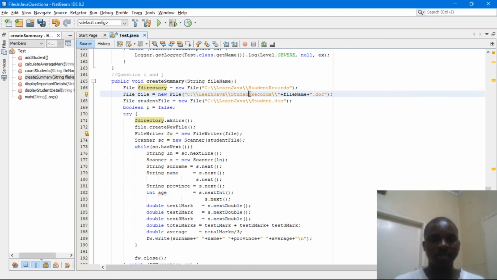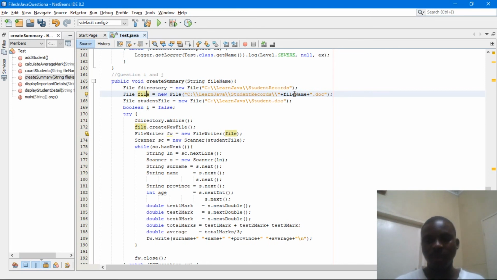And for that file, we have already said that it must be the student summary file, but because I've just modified the method so that you are the one who is going to type the name of the file, be mindful that we have already said the file must be